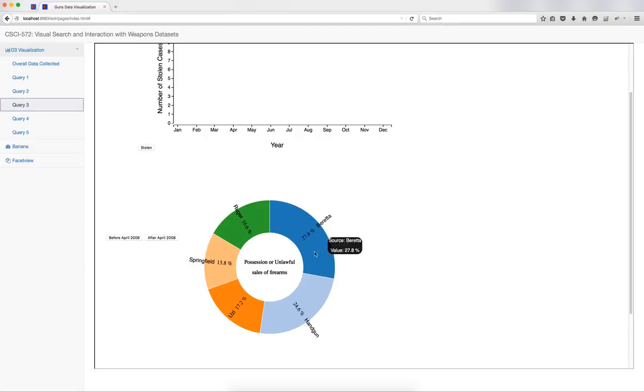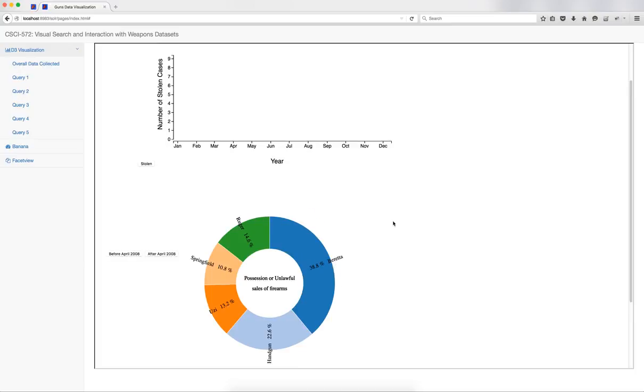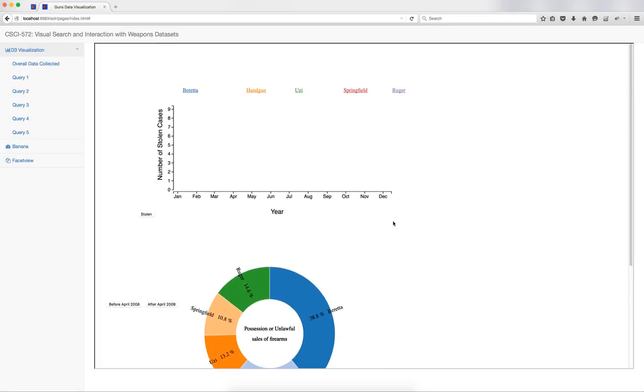As you can see, there was around 28% of Beretta guns before April 2008, and after April 2008 it increased to 38.8%. We analyzed this data, and we found that this was related to the stolen goods. And the line chart that we obtained indicates that there was an increase in the Beretta guns for that particular year. The blue color corresponds to Beretta, and we can see that there was an increase.